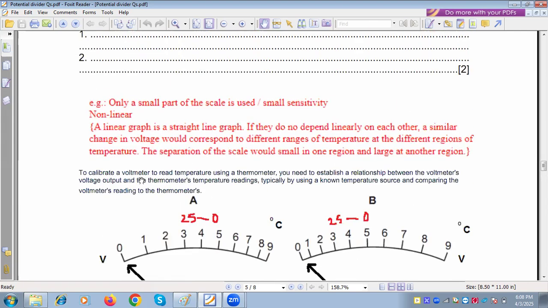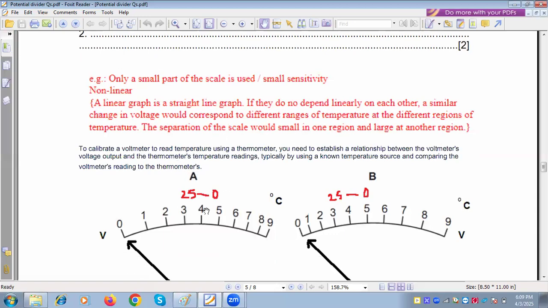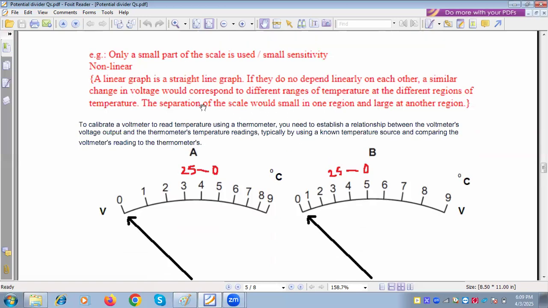So read this again. A linear graph is a straight line graph. So they don't depend linearly on each other. It means the change in voltage, the change in potential difference, with the changes in temperature is non-uniform. Similarly, the voltage would correspond to different ranges of temperature at different regions. At some points the divisions will be closer and at some points they will be away from each other. The separation of the scale would be small in one region and large in another region, like these